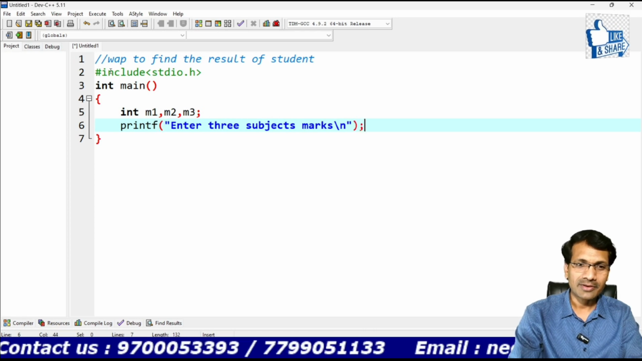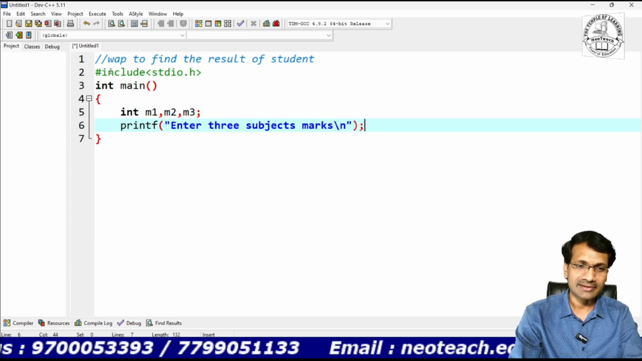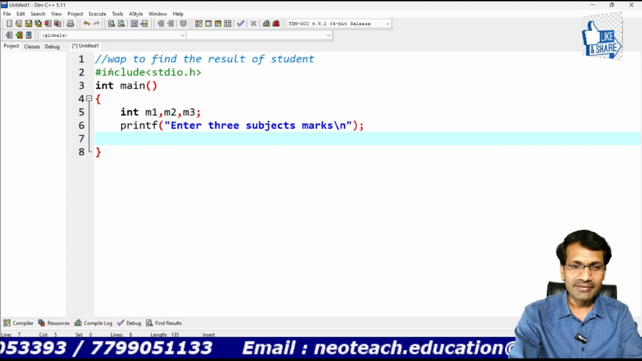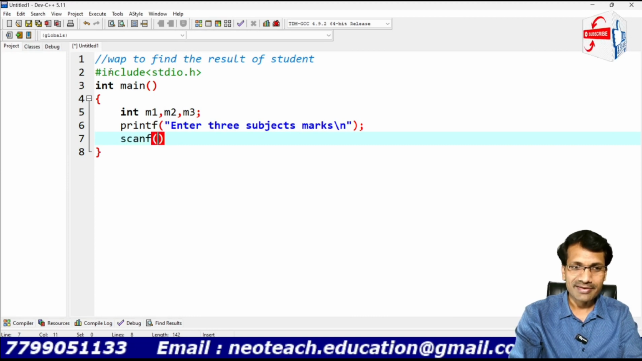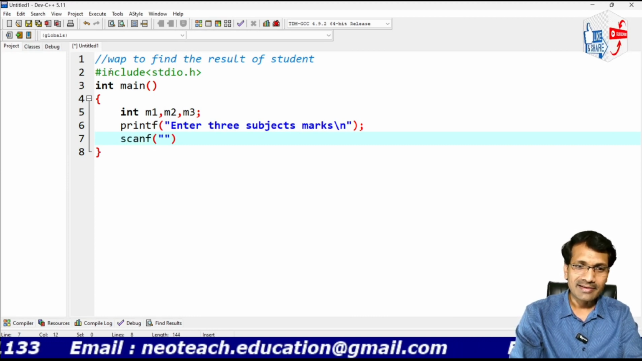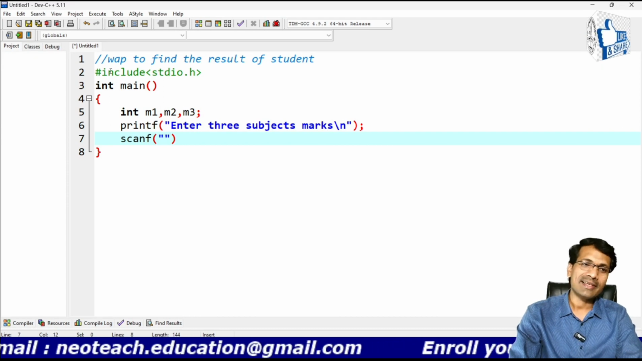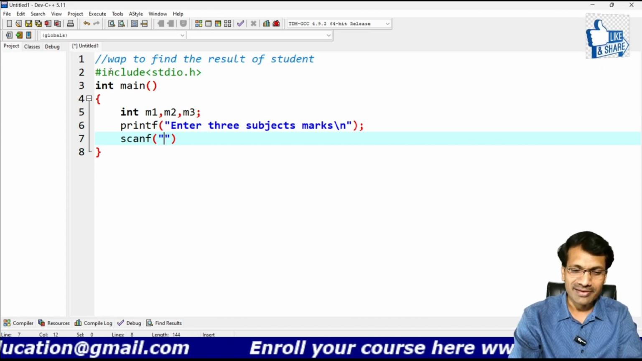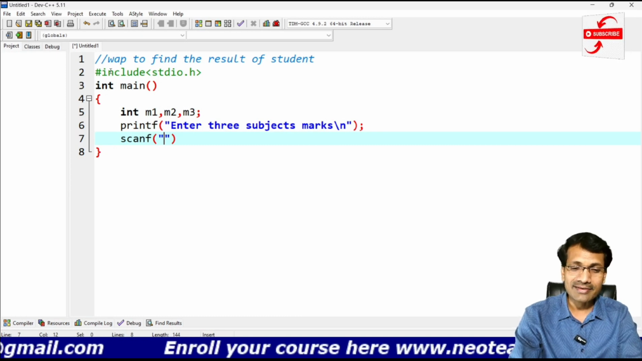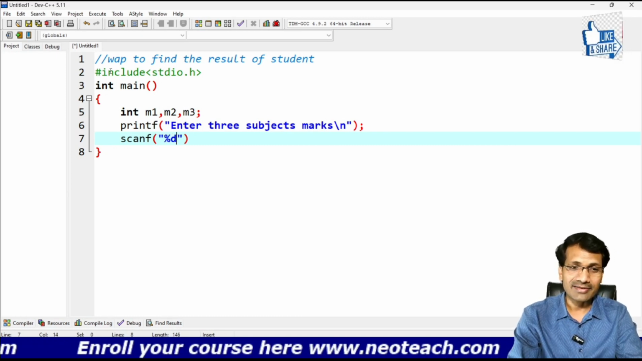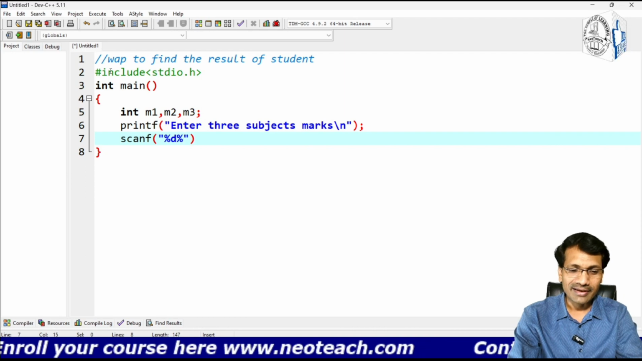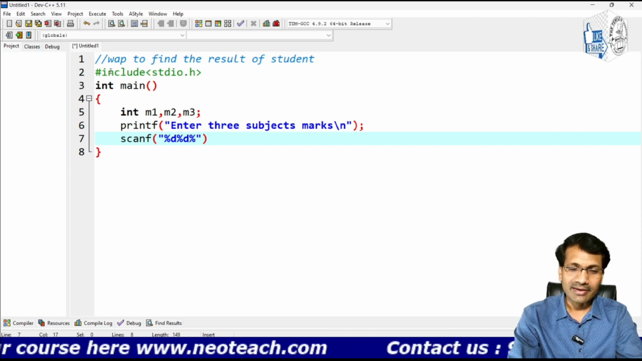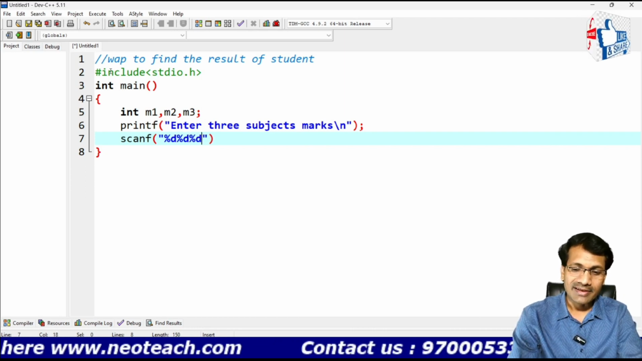So we will get output like "enter 3 subjects marks." By seeing this, the user will input values, right? Scanf function, by reading, means the user will give 3 values as input. Those values we should catch by using the scanf function. What kind of values are we catching? Integer values. So %d for the integer, and %d for one more integer, and %d for